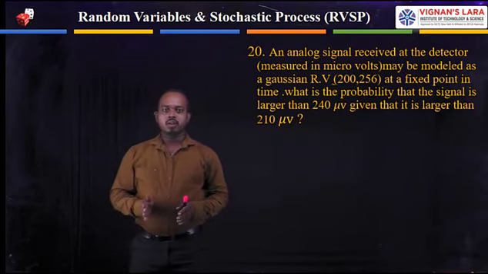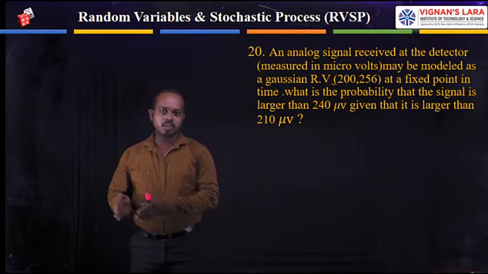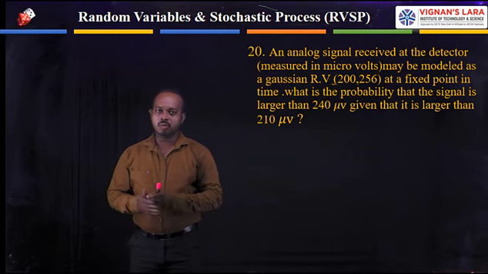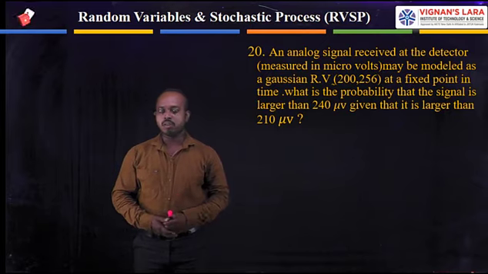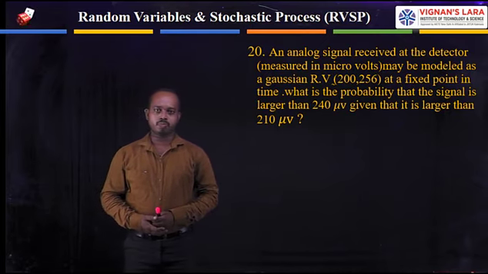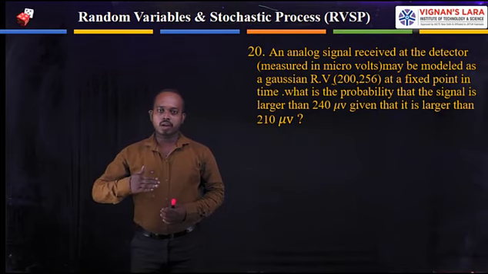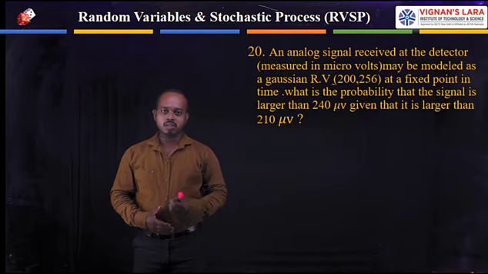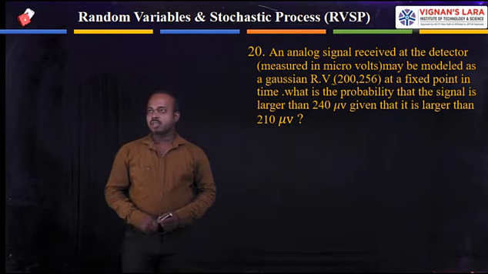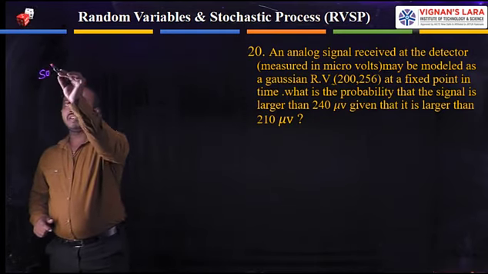That's why we are able to find what the quantity is for 240 microvolts as well as for 210 microvolts. Then you can take the ratio between those two. Among these two quantities we are taking the ratio, then you can finalize the given problem solution. Now I am writing what data is available in this one. First of all I am writing the given data.